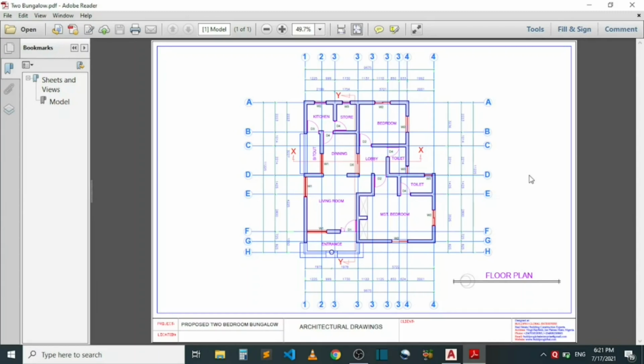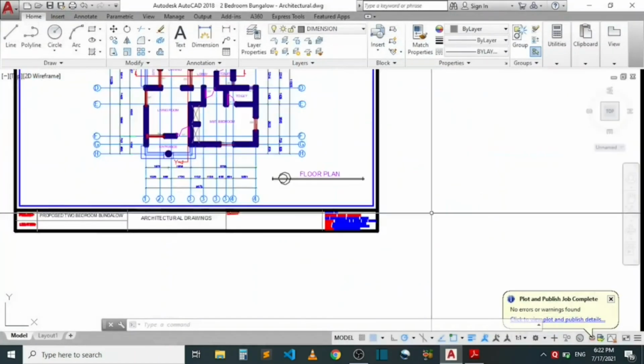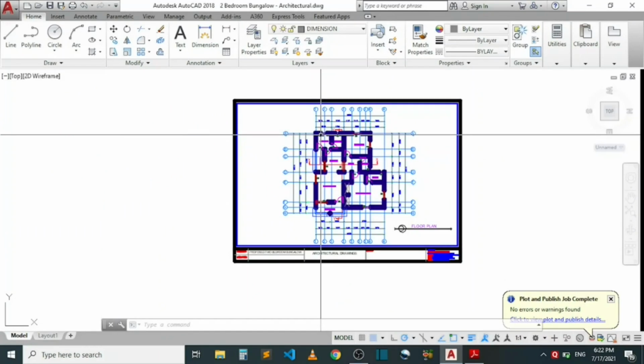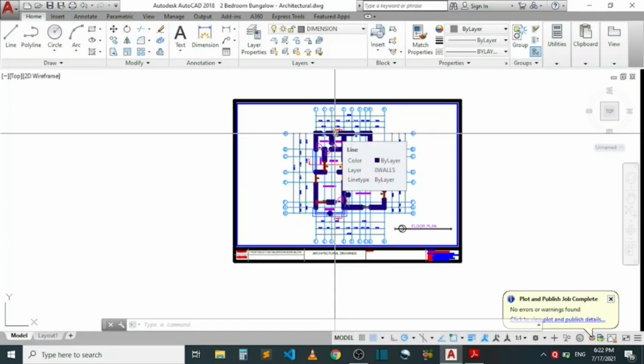The only way to solve that issue is by converting your drawings to PDF, like I just did here. You now copy it. They can open it on their computer, even though they don't have AutoCAD, and print it out. But mind you, anything that's converted to PDF can't be edited because you can't make changes to it. It's permanent. Okay, so that's how to convert an AutoCAD file to a PDF file.